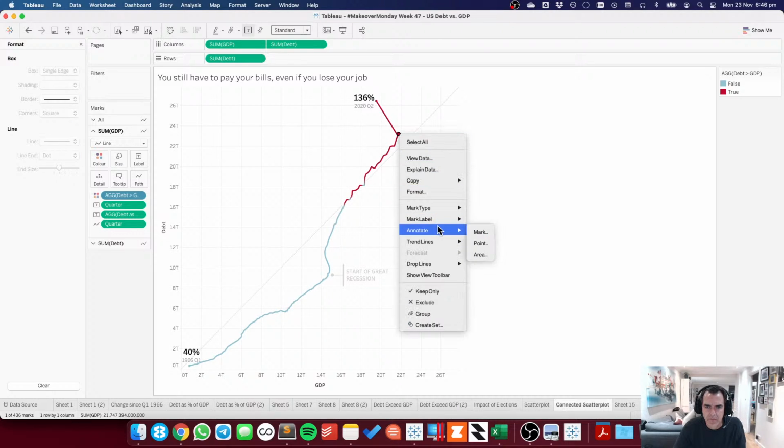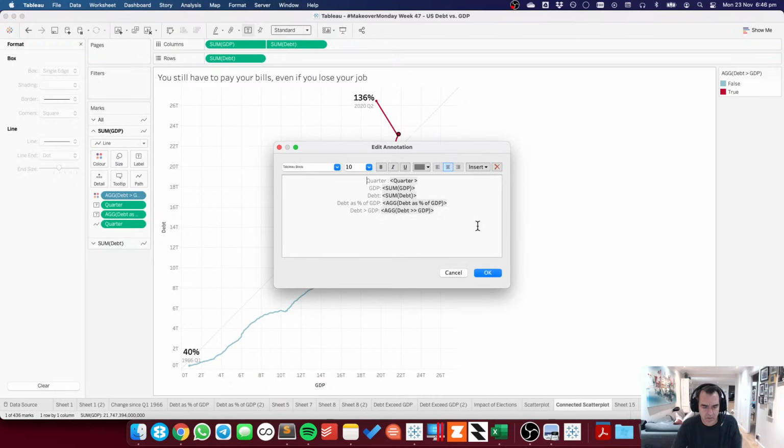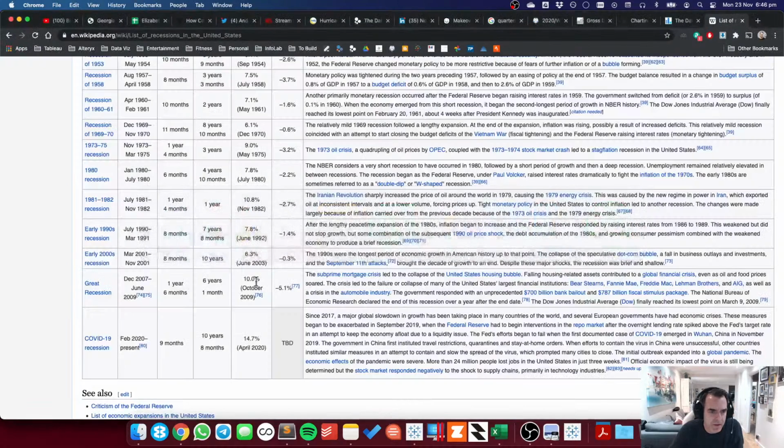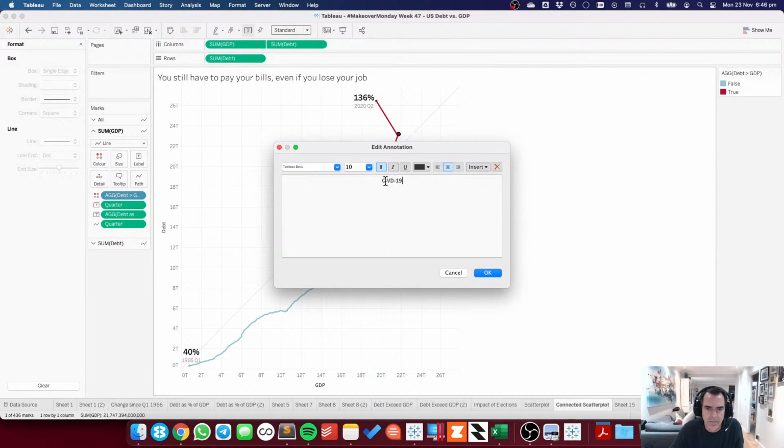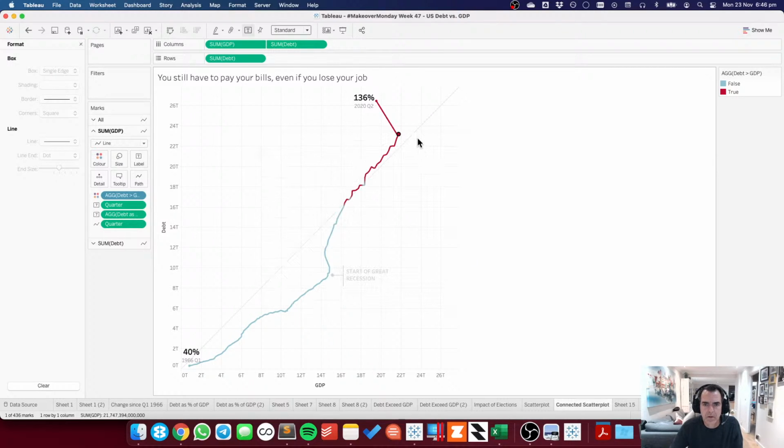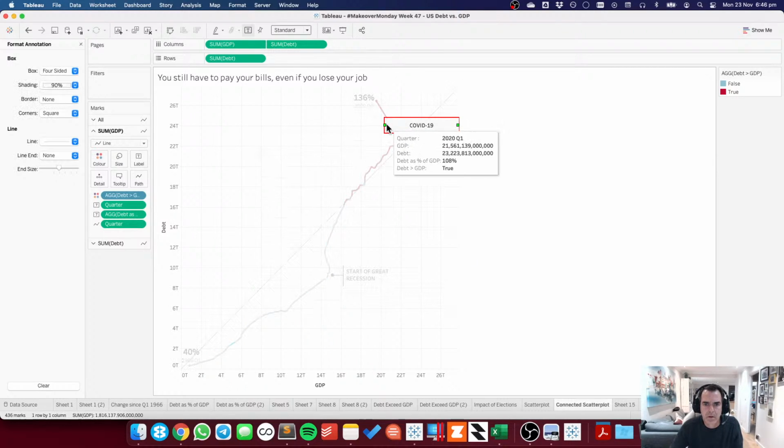So, annotate mark, COVID-19. What are they calling it here though? COVID-19. Yep. Helps if I could spell. Okay. Oh, I hate it when you can't get the line just right.